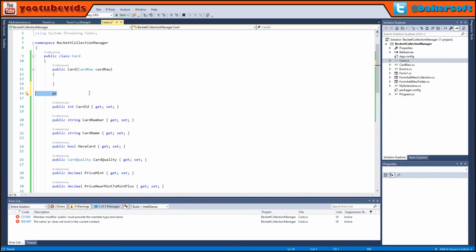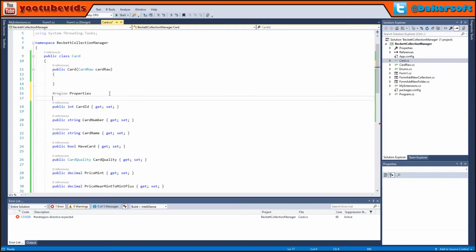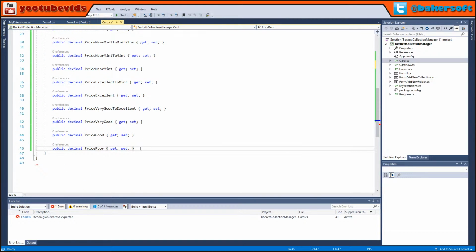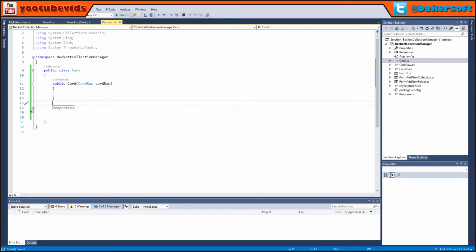So this is not typically the way you do this stuff. So basically, what I'm going to do, for anyone who's not familiar with regions, you just learned about them, okay? So in Visual Studio, you have regions. Regions will allow you to collapse code. So if you want to hide a bunch of code, one, it's to organize it, but two, Visual Studio allows you to collapse it. So that way I can